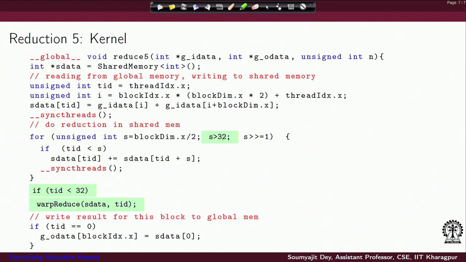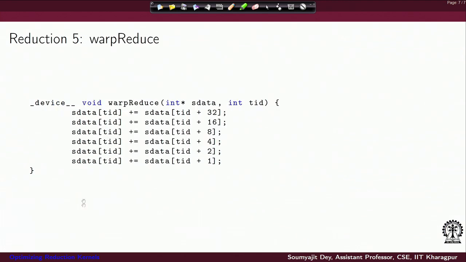So I execute this loop only while s is greater than 32. After that I am practically only interested in the TIDs which are less than 32, right? Because with s equal to 32, what will be interesting is the first 32 threads working on the 64 consecutive data points, which will be handled by this warp reduce function.